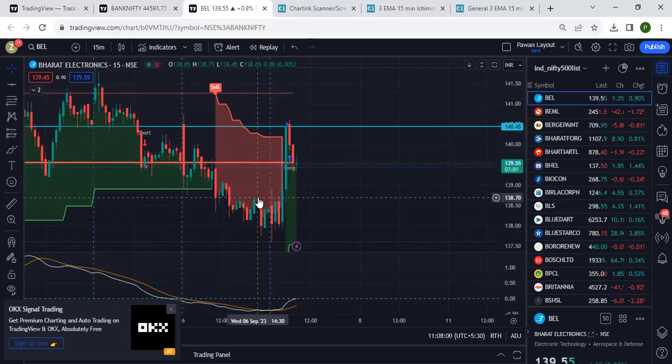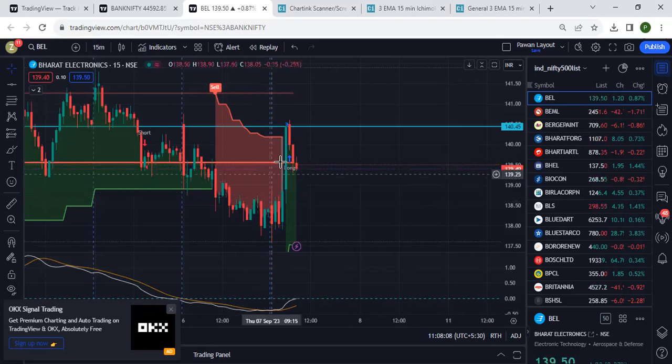But when to enter? What should be the entry price? The ideal entry price should be 140 rupees 45 paisa, because the candle has been,